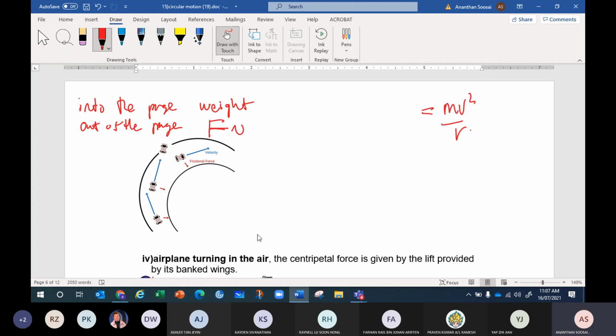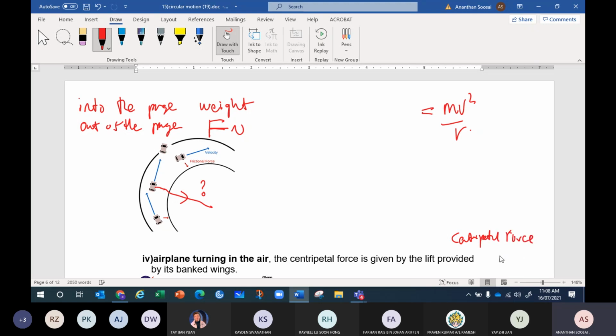Any other force acting on the car? There is one force acting towards the center. What force is acting towards the center? You can imagine there is one force acting towards the center when the car makes a turn. Genuine, what do you think? Centripetal force. Okay, so centripetal force